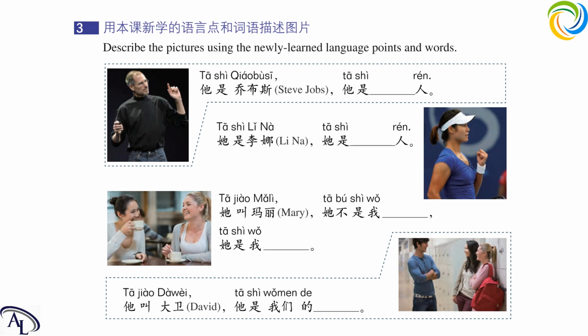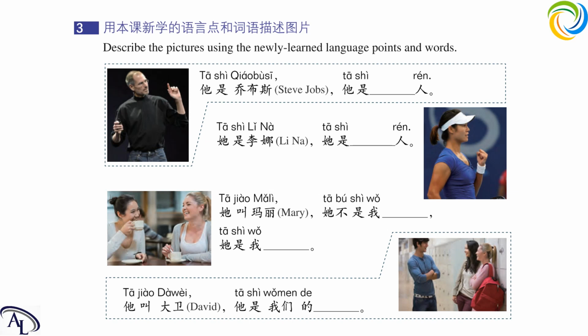So try to fill in the blanks. 她叫玛丽，她不是我老师 or 她不是我学生。她是我朋友。She is my friend. 她是我朋友。